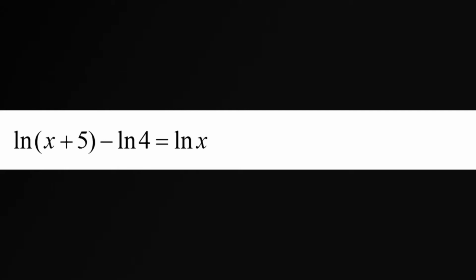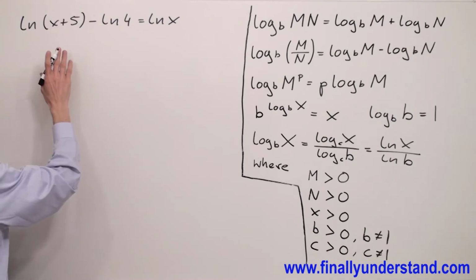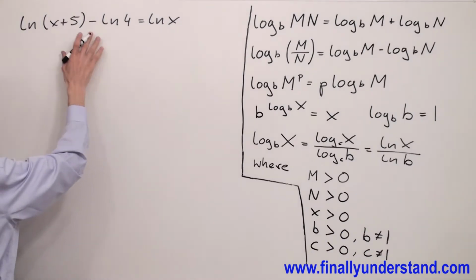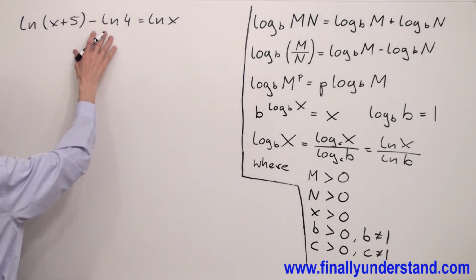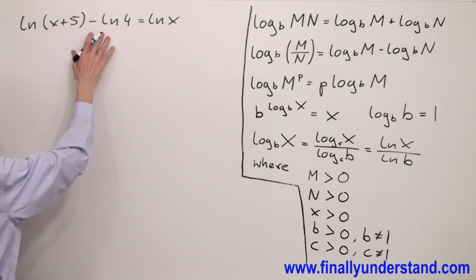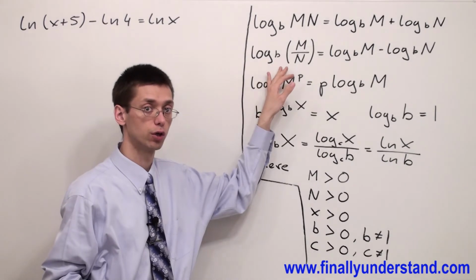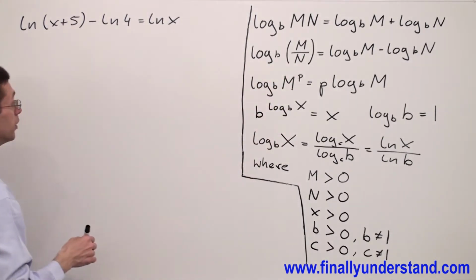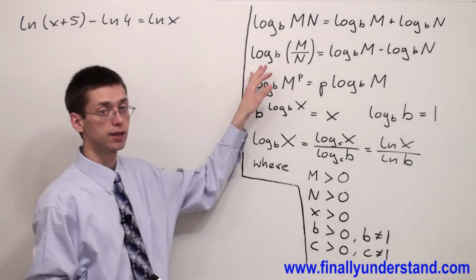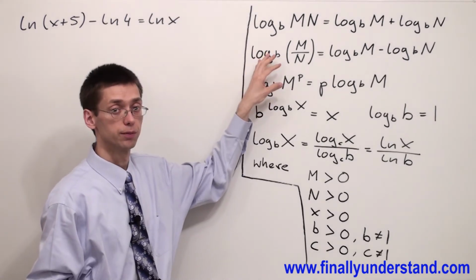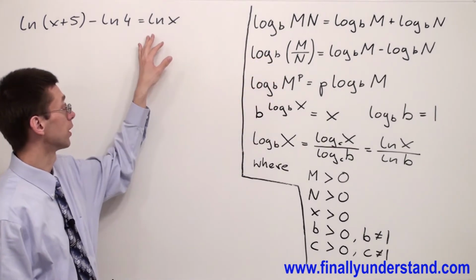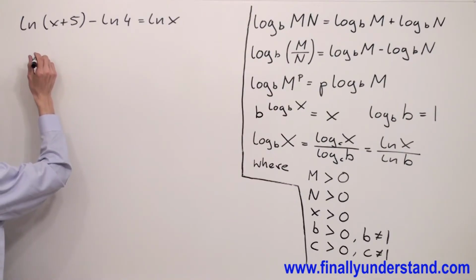This time we have natural logarithms. Because on the left side of the equation I have a difference of two natural logarithms, I'm going to use the property for the log of the quotient. Keep in mind that we apply exactly the same properties for the natural log. So I can rewrite the left side of my equation as natural log